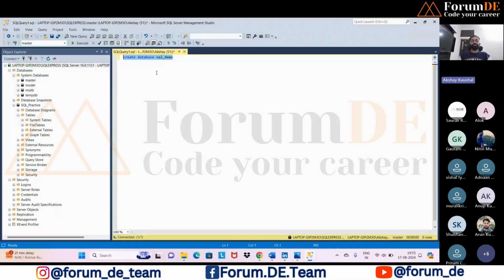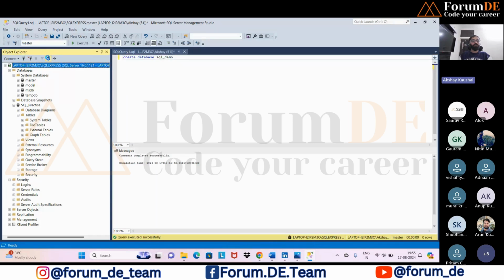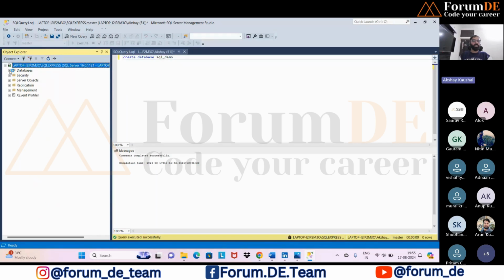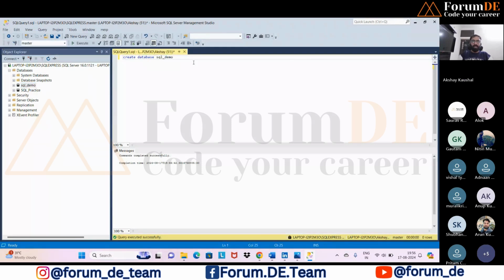If you can see, I just executed it, so it has created a database for me. Okay, after a couple of refreshes, I think it would be visible. See, it is visible for me now, right? It was not there. So I want to create a table inside it. I have two options. Either I use the command USE